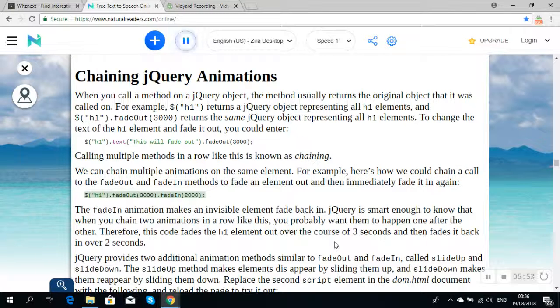h1.fadeOut(3000).fadeIn(2000). The fadeIn animation makes an invisible element fade back in. jQuery is smart enough to know that when you chain 2 animations in a row like this, you probably want them to happen one after the other. Therefore, this code fades the h1 element out over the course of 3 seconds and then fades it back in